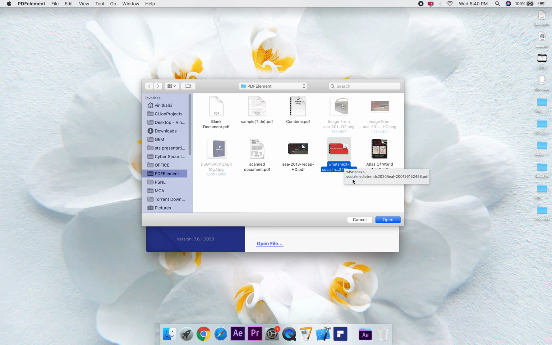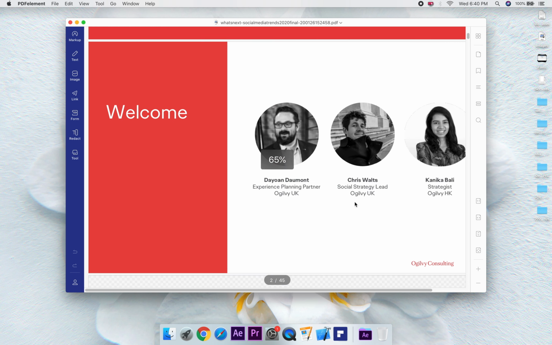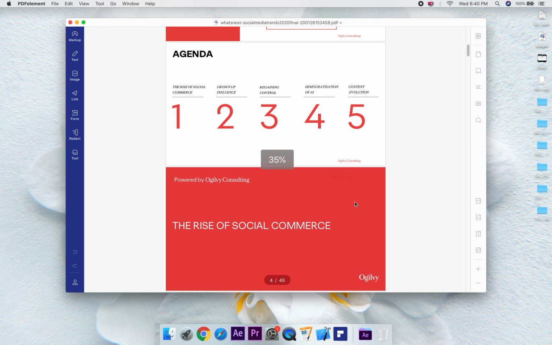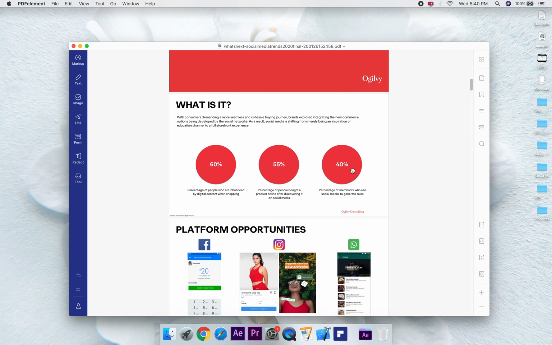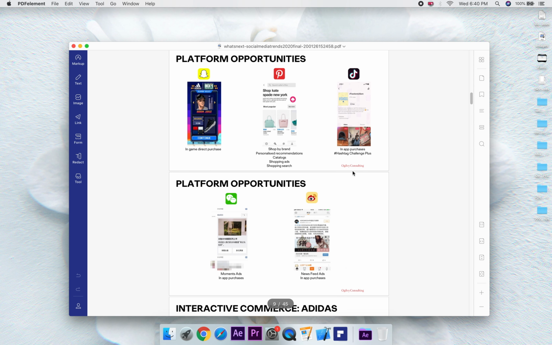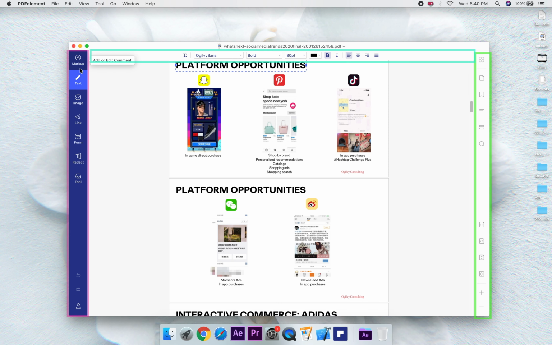One thing that I really like about PDF Element is the representation of all the options. All the options are properly laid out in clearly defined categories and are arranged in three distinct toolbars, which are on three sides of the screen: left, right, and top. Now, each side has its own distinct purpose.